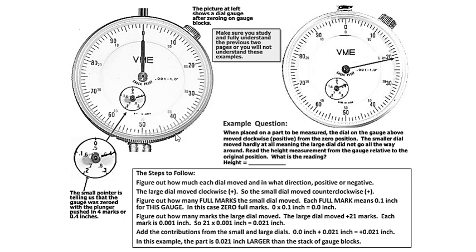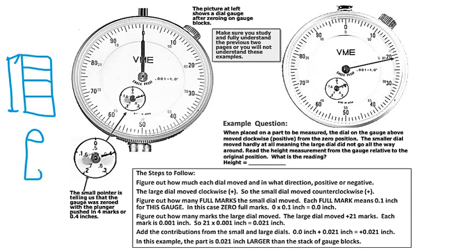So by using the dial indicator, you can use either the plus direction or the negative direction. And of course, I think I should draw this for you. We always have our gauge stack right here, so you know the height of this. You definitely know the height of that. And then you're going to swap it with what you want to measure, which in our example is our cylinder. So this height can be either larger